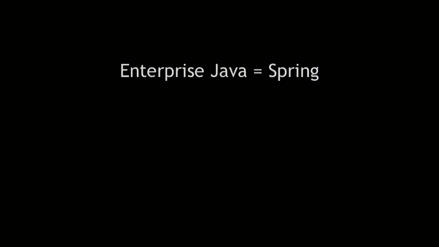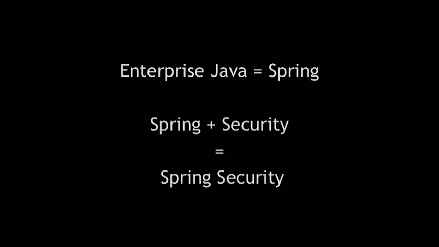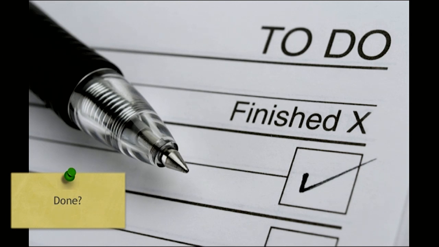So application security is a very broad topic, and as you know, in Enterprise Java, the only framework is, of course, Spring, the only interesting one. So therefore, Enterprise Java equals Spring, and Spring and security is, of course, Spring security, right? That's why it's called Spring security. So that means if you want to secure an enterprise application which is implemented in Spring, what else? Then you have to use Spring security. And then you're done. That is what a lot of people think. Not you, because you are in that session. Every time I say that all the people think this, you're always excluded. You are the good guys, right?